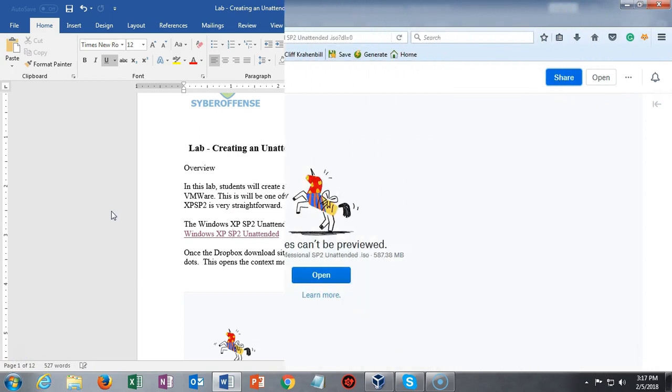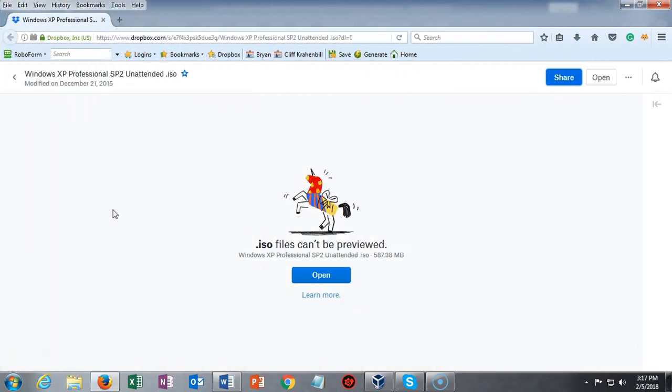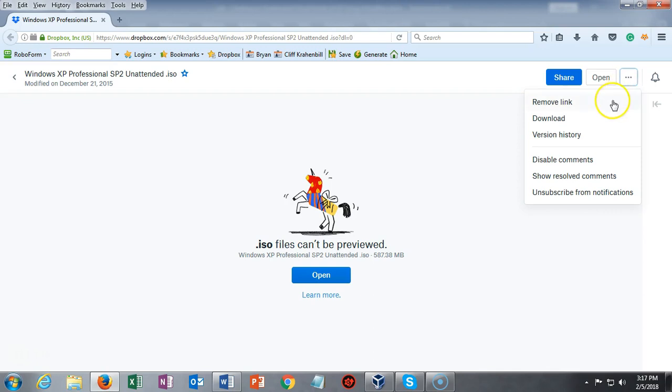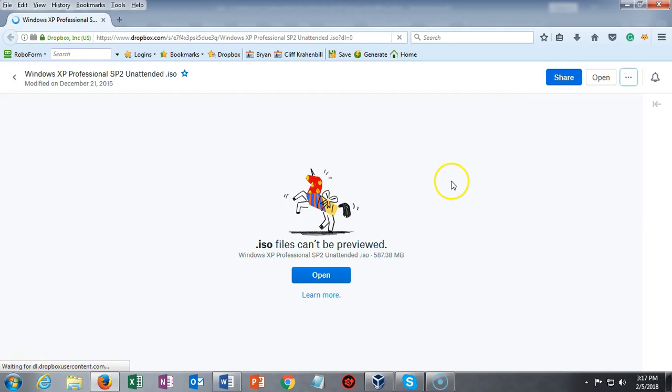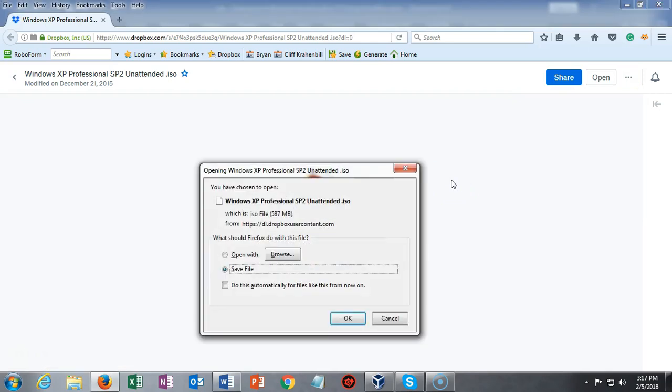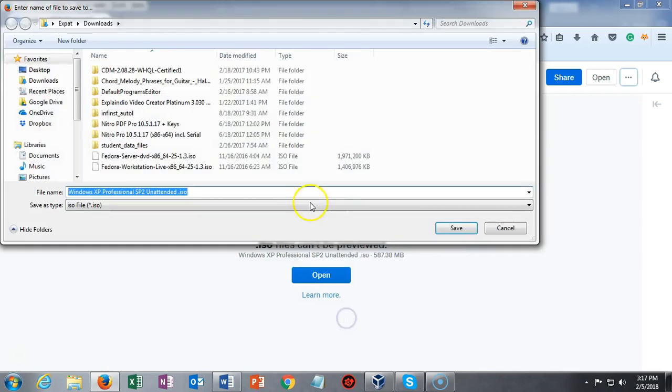Once the download page for the image does load, we can go up to the upper right corner, find the three dots, and just click on that, and the context menu opens up, giving us the download option. Clicking on the download option, we are then given the option to either open with or save the file. We want to save the file, and we want to save it to a location and remember where we saved it. So I'm going to say OK, and this is going to be saved over to my folder called ISO